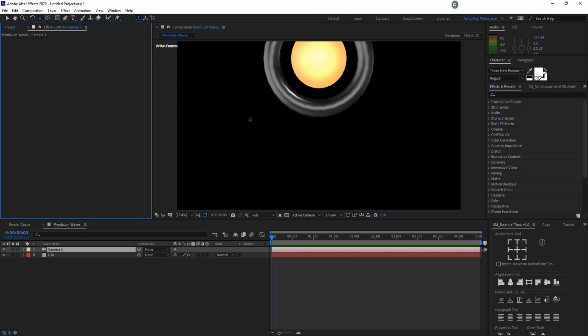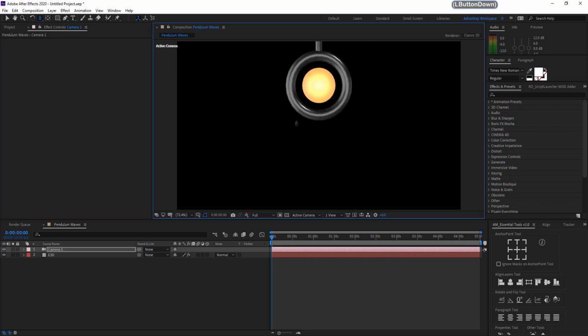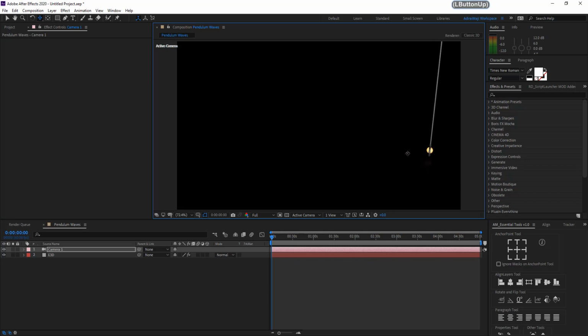Once you got it, press C to toggle through this toolbar. Once you see this zoom button, you can drag down to bring back the camera. It is a temporary camera, don't worry if you misplace it somewhere else. So again press C. Once you see the camera icon, you have to rotate on the right, drag it from left to right so you can see the pendulum. So now we have the 10 copies of pendulum in the same place. We have to arrange them in Z position. So drag this pendulum to the right side of the comp.